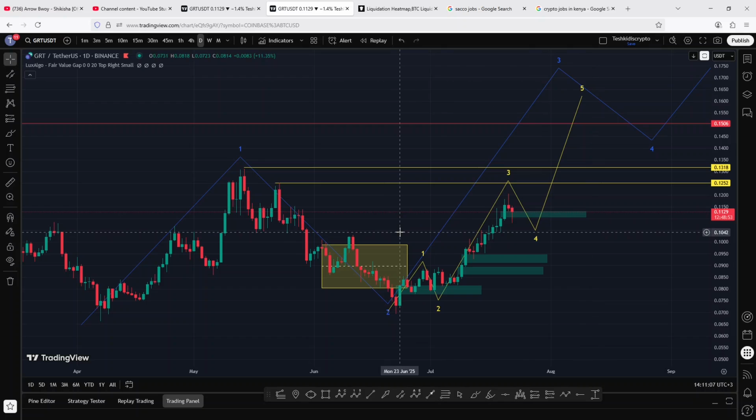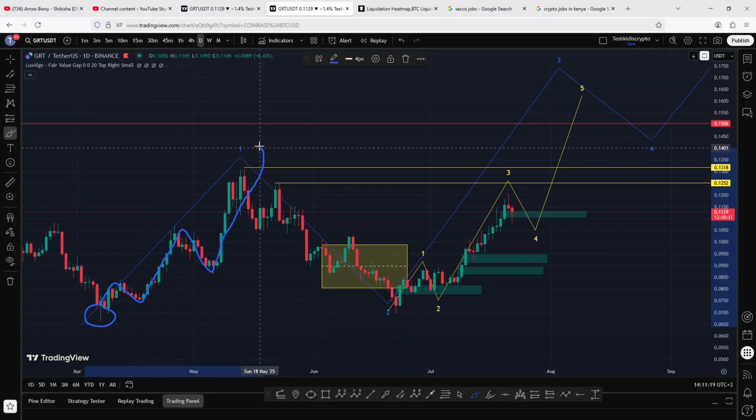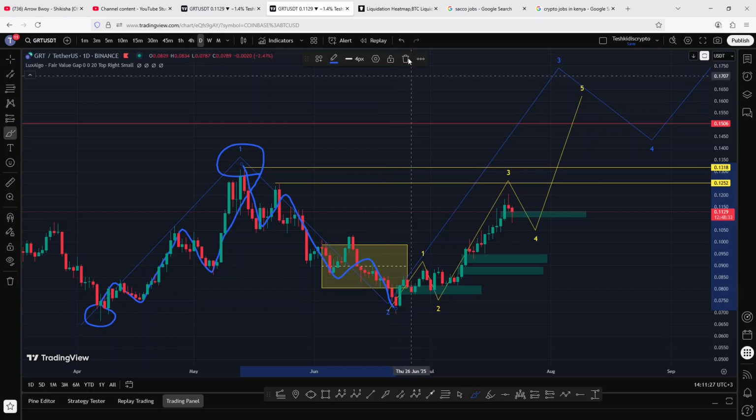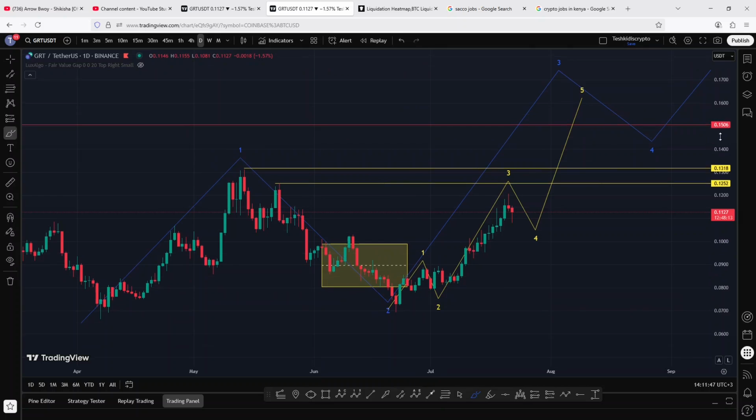And starting the video here on the daily chart, from the lows we made on the 7th of April, I have been observing this ED12 structure in blue, where you can see that I have been terming this initial bounce as the formation of that first wave. And after we peaked in the formation of that wave 1, we saw a slight pullback in the formation of a second wave, whose minimum target areas I had marked on the charts using this yellow target area, an area that we fully maximized, and you can see that we have now seen a reaction of this target area, giving us a bounce to the upper side